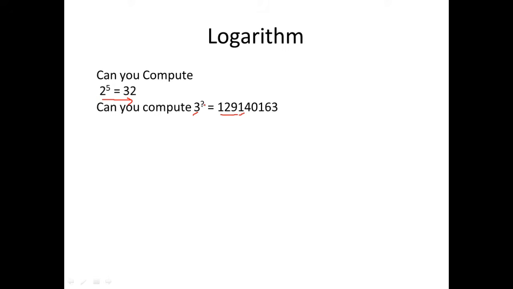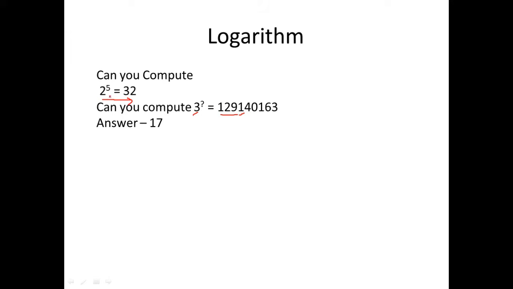So it's almost like a one-way function. It's very easy to compute the result from the exponent, but it's very difficult to compute the exponent given the value when these numbers are very large. Did you identify what this exponent is? It's actually 17. Mostly we go with a brute force attack here: 3 power 0, 3 power 1, 3 power 2, 3 power 3. When a match is attained, we stop. As I told you earlier, this will take a lot of time when these two numbers are very large.